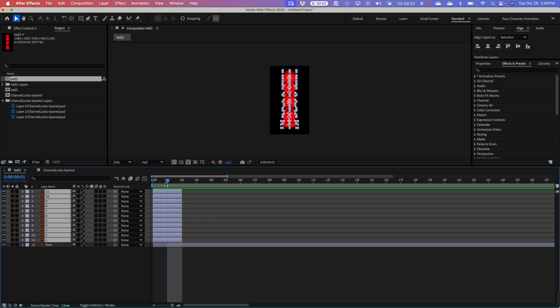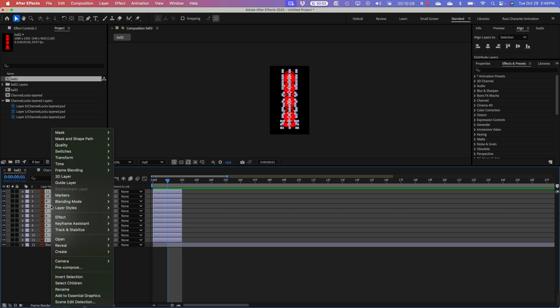So now that I've done that, wherever my playhead is, I see everything. But if I pull it out here further, everything goes away because I trimmed all of these short. So with all of these selected, if I right-click on them and go to Keyframe Assistant, Sequence Layers, what this is going to do is look at the length of all of these layers, and then it's going to actually offset them going up the timeline by that amount. So if I hit Sequence,